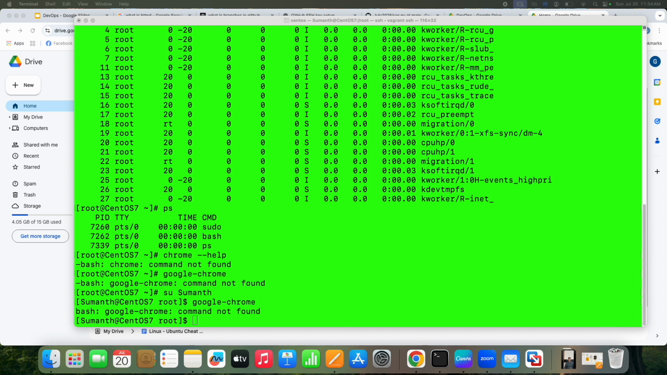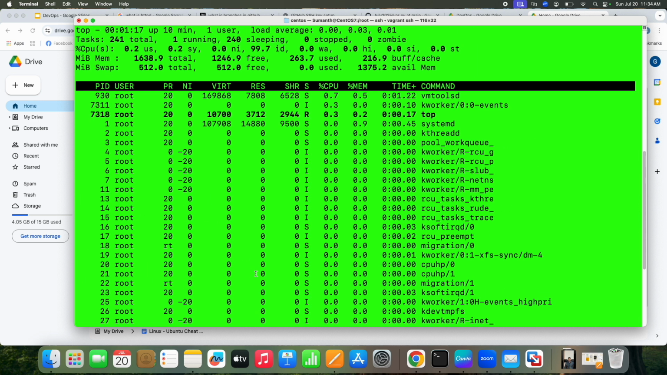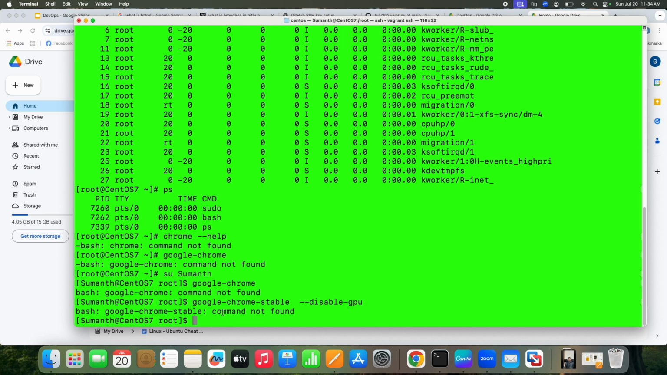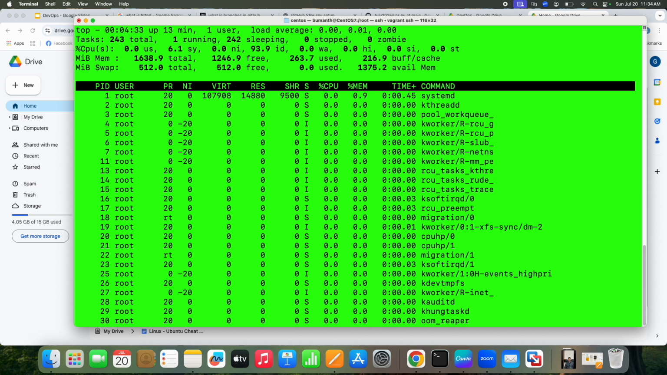Okay, there is a command suggested. We'll try this command. Command not found. Okay, then let's do one thing. PS, what is there? Okay, now we are not in root, so the root is not showing up here. Top command,